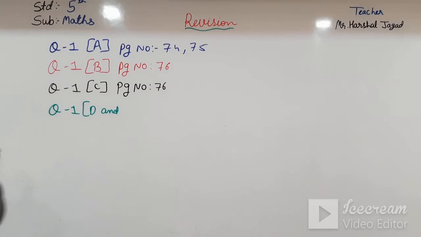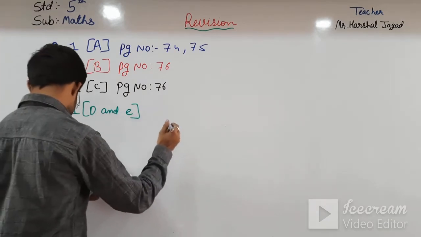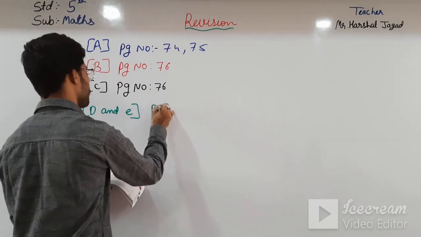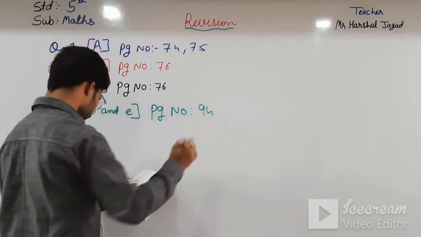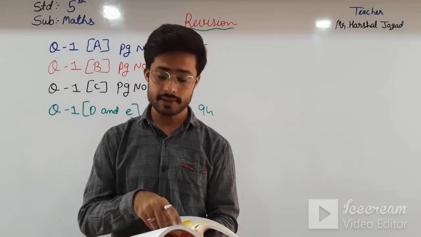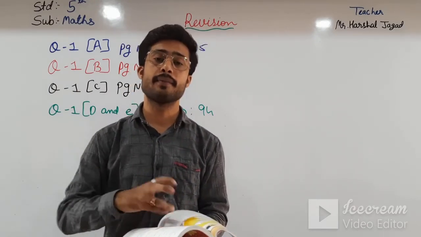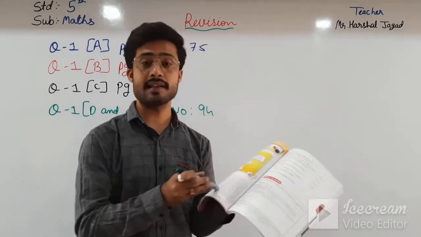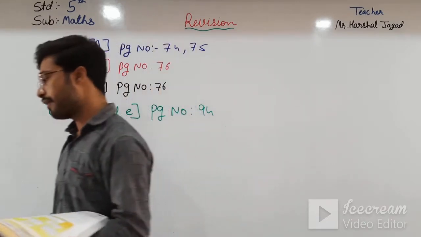and question 1e, circle the prime numbers, you have to do page number 94. You have to do it like that. Okay students, you have to just circle the prime numbers and composite numbers, but a table like this will not be given; any random numbers will be given. Okay students,